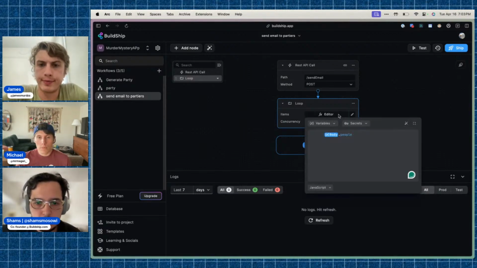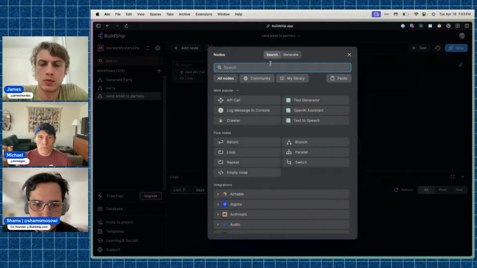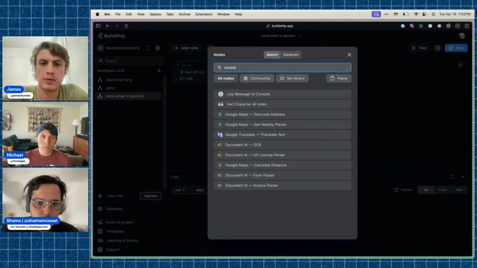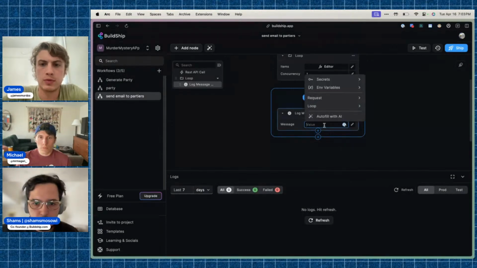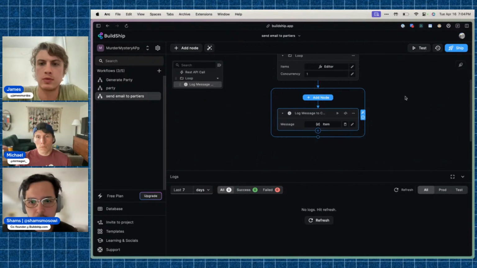And then we'll just add the log inside the loop to see if we're getting the right stuff. There you go. And then you can just do item. If you type item, yeah, there you go. You can click on that. So that will log each item. So we can ship that.